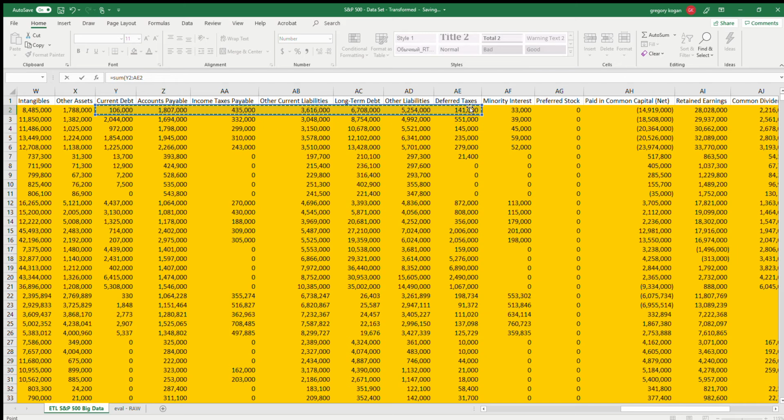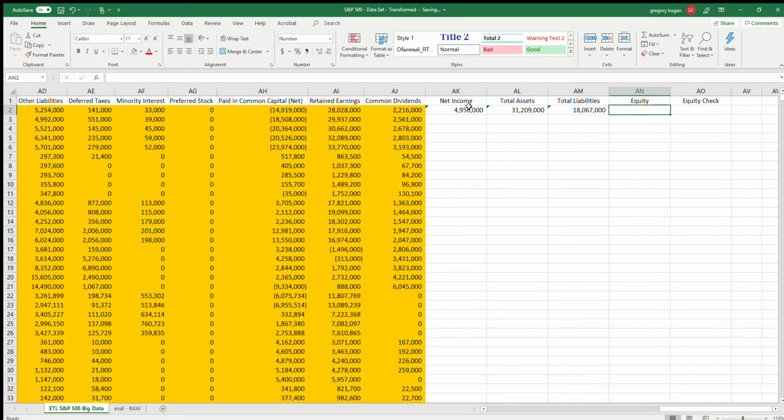Okay. And then equity, the equity side of the balance sheet, the very bottom of the balance sheet, would be from minority interest all the way down to retained earnings, right? Okay, and then I believe we should subtract out the dividends. Or we're just going to keep it just like that. Let's see what happens. Okay, and then our equity check, let's see if total assets minus total liabilities equal,